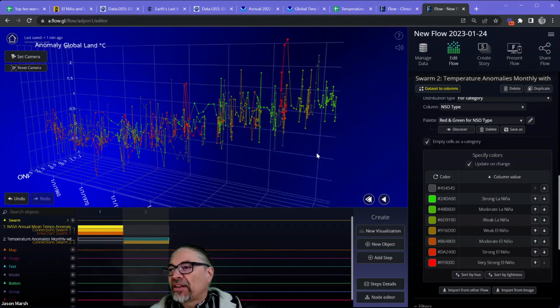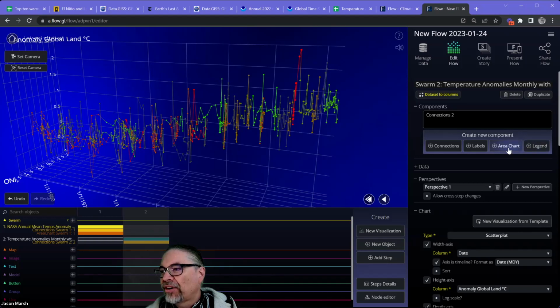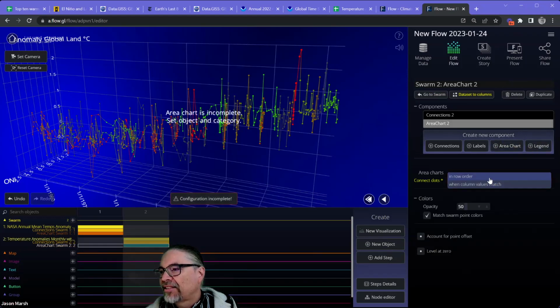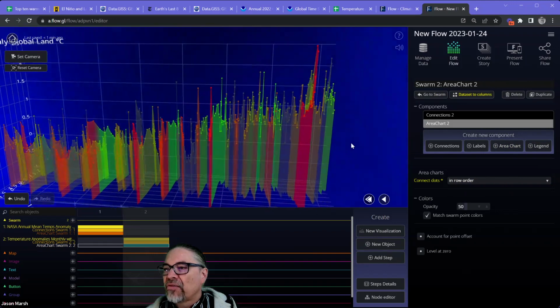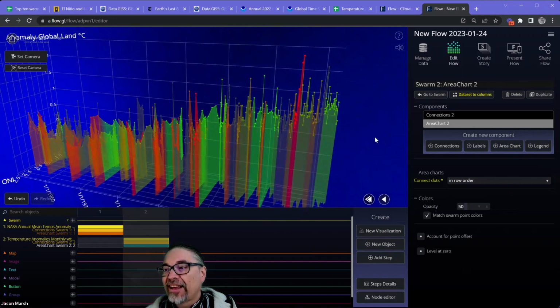And you can really see 2016 there. Let's just see if this works. I'm going to add in an area chart. In this case, I know the order of my data, so in row order, there we go. Okay, so this is the original one that we built. And like I say,